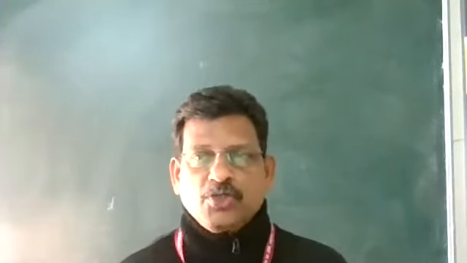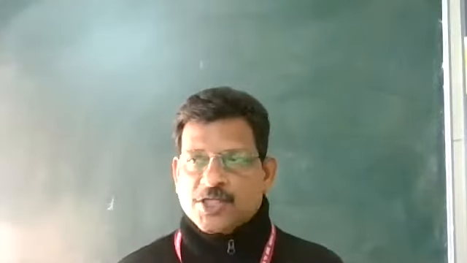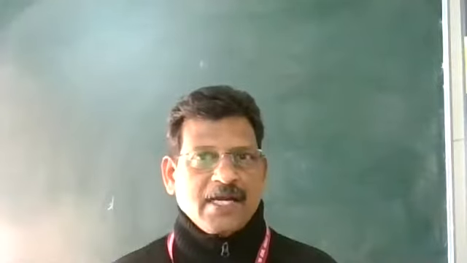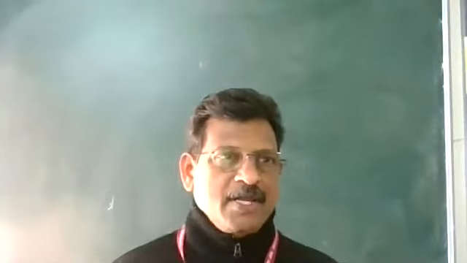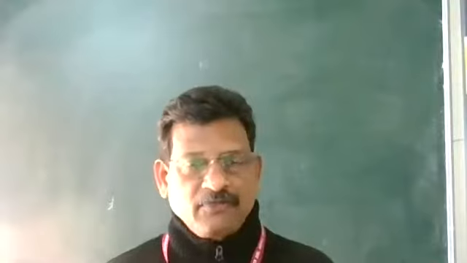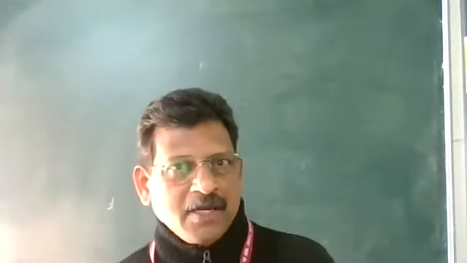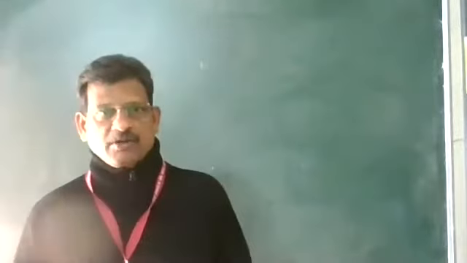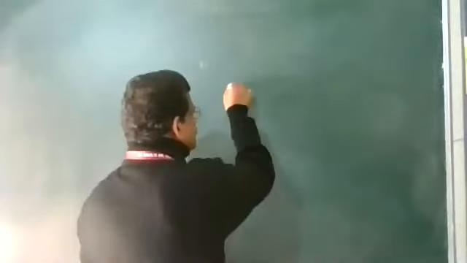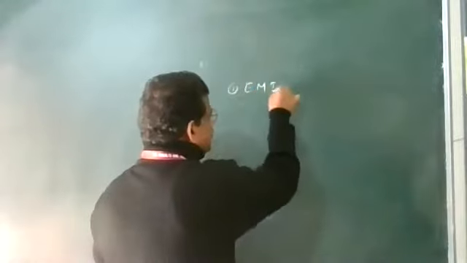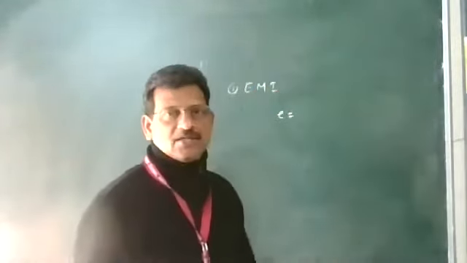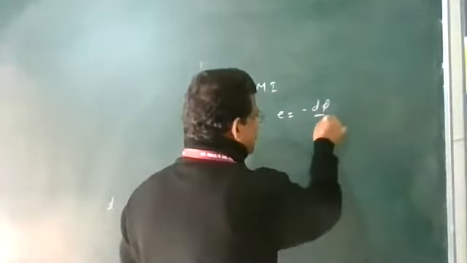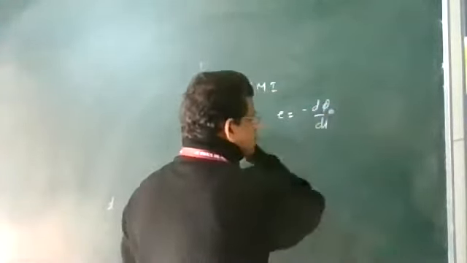Next, we are going to see two important points. In electromagnetic induction, we see that a changing magnetic field or magnetic flux produces current or EMF, which means there will be an electric field. So a changing magnetic field produces an electric field. But I'm going to give two important variables. First, the EMF is induced according to Faraday's law of electromagnetic induction, equal to minus dΦ by dt, the rate of change of magnetic flux.